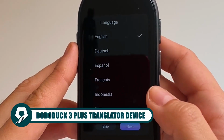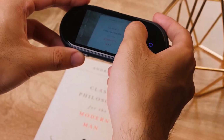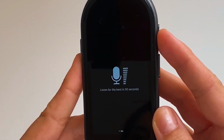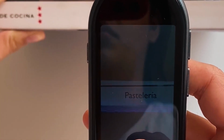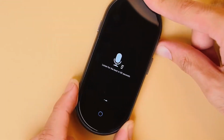further than the DODODUCK 3+ language translator. Catering to the needs of every traveler, it offers swift and accurate offline translation in 12 languages, complemented by real-time online translation in 107 languages. Its high-resolution image translation and AI assistant features enhance its versatility. With a substantial battery capacity and a complimentary replacement warranty, it stands as a top-notch choice for travelers who prioritize